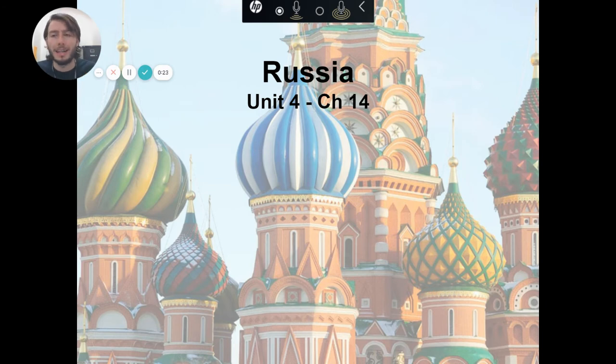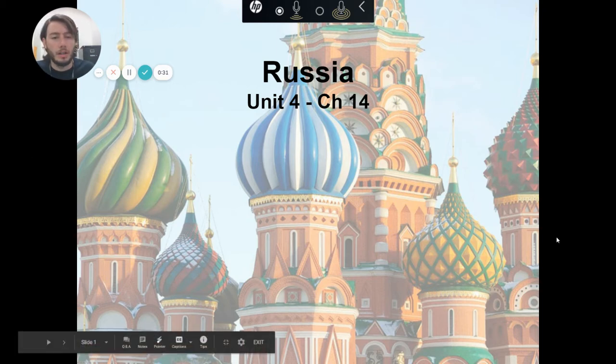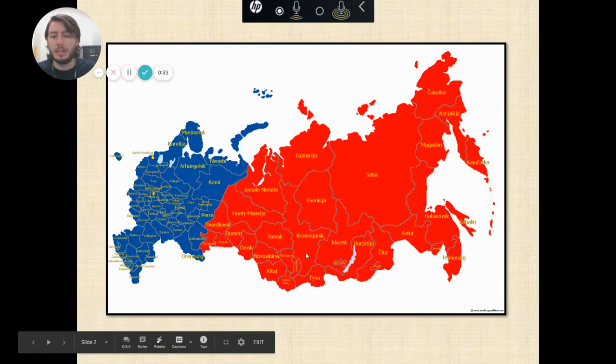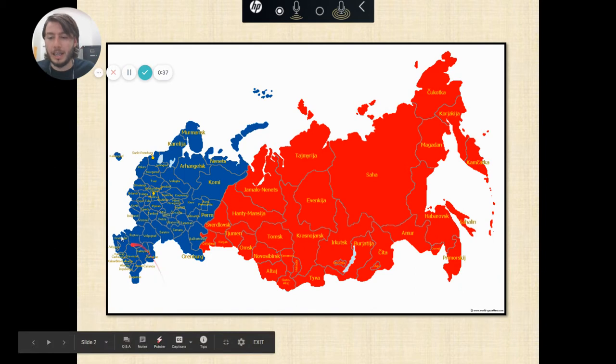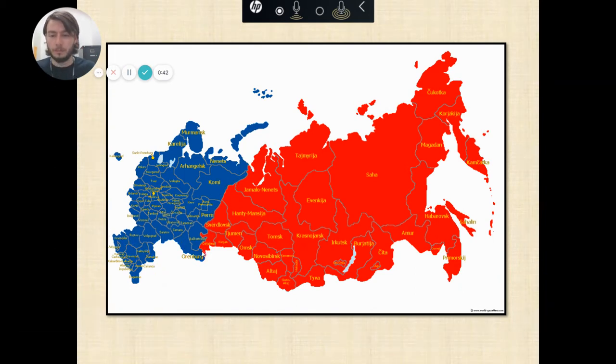We decided to throw it in at the end of geography A, and we talk about Russia as a part of Europe. So Russia is a really interesting place because it's on two continents. This blue part is the part that is in Europe, and then you have the Ural Mountains right here. And remember, they form the natural border or barrier between Europe and Asia. So then all the red is in Asia.